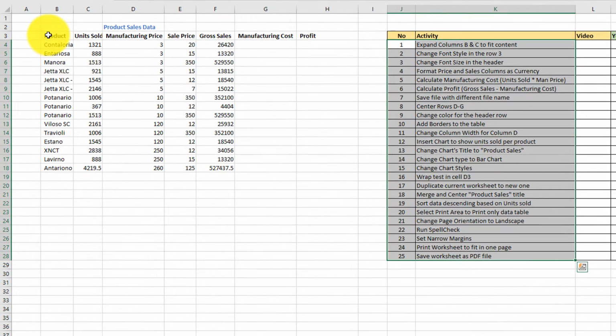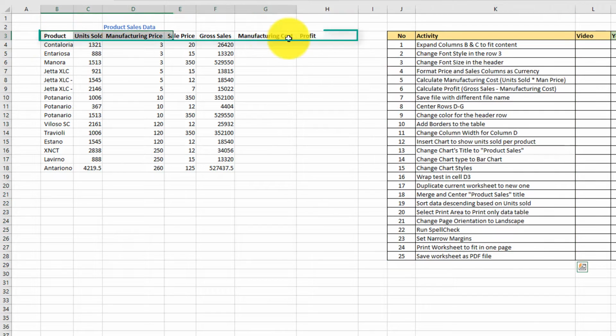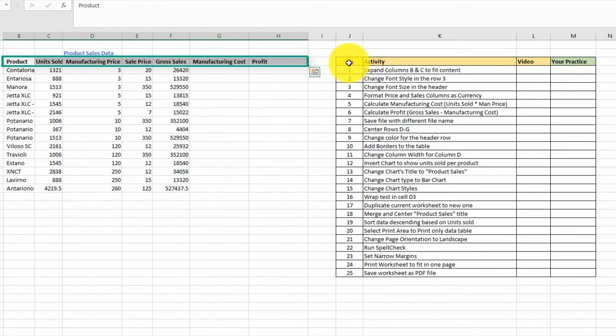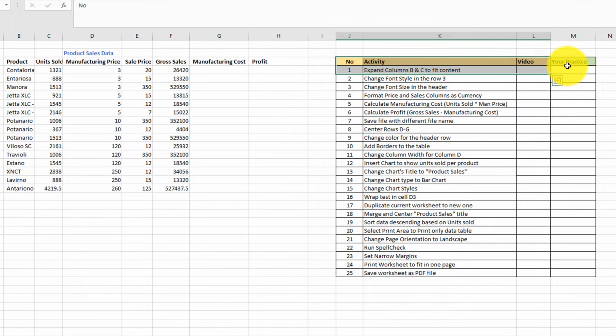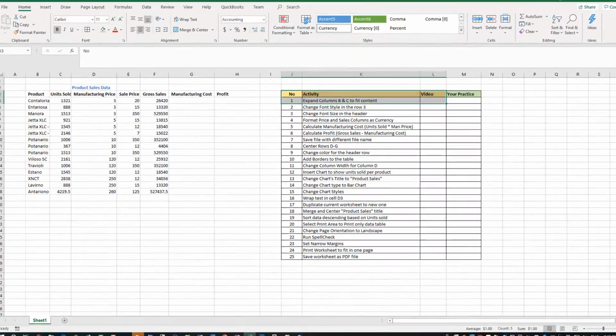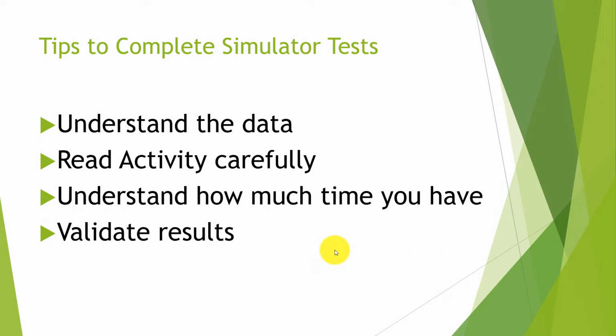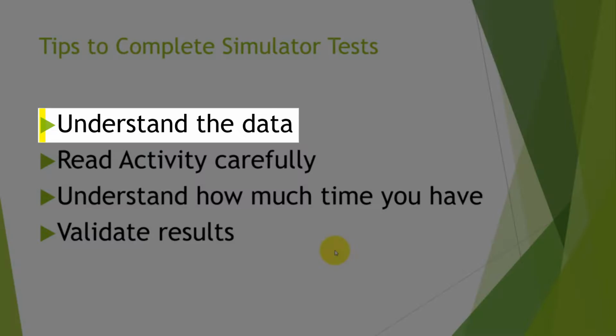We'll use the data in columns B through H, and activities are listed in columns J through L. I also reserve column M for you to download the file and complete the same activities, either following me along or by yourself after you watch this video. There are a couple tips I'd like to share with you, and I would like to start with understanding the